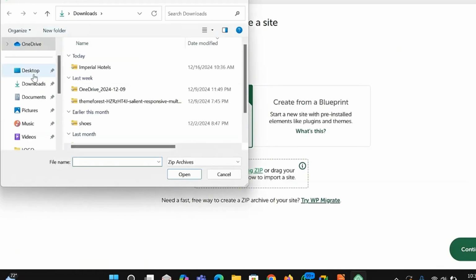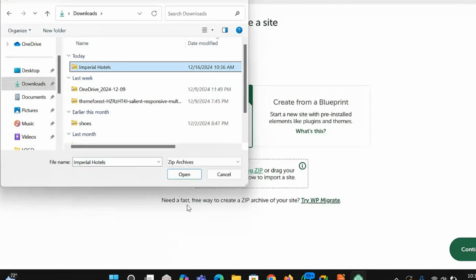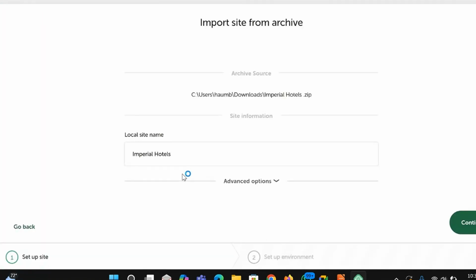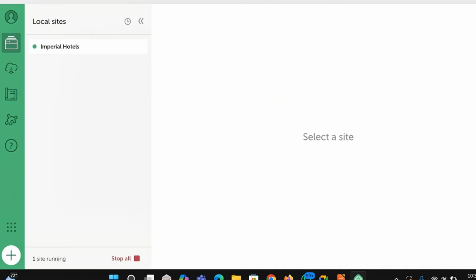My zip is in downloads. This is just another way to import it. Then once I open, it is right there, Imperial Hotels. Once I click on it and click open, it starts importing that site. That is how you move it from one computer or device to another laptop or computer to start working on that site, in case you need to move it.